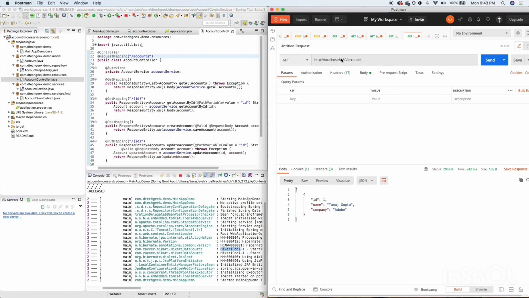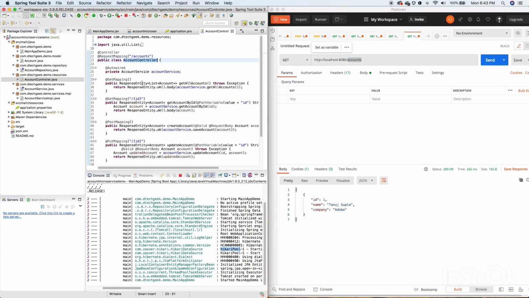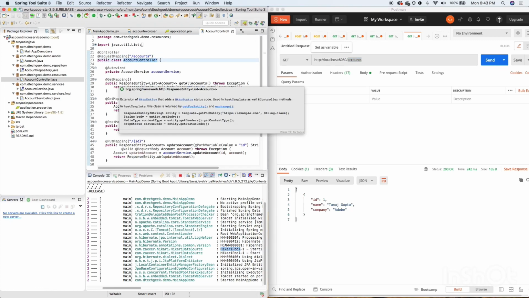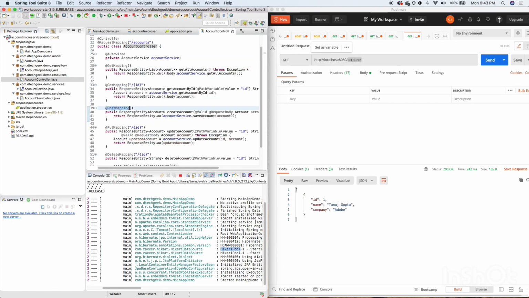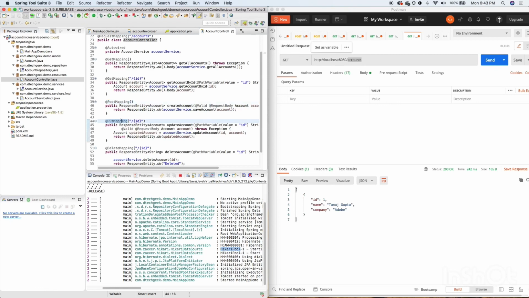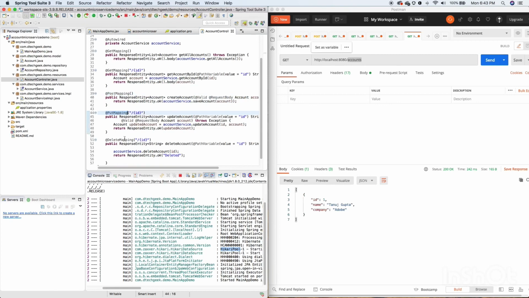You can see this is your localhost, then the port number, and then the overall level URI. This goes to this controller, and then based on the respective REST verbs, whether it is a GET API, you just need to say GetMapping, whether it is a POST API, you need to say PostMapping, then PutMapping for the update API, and DeleteMapping for the delete API.